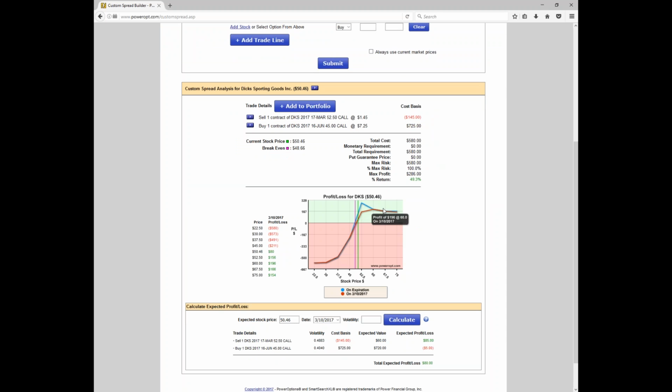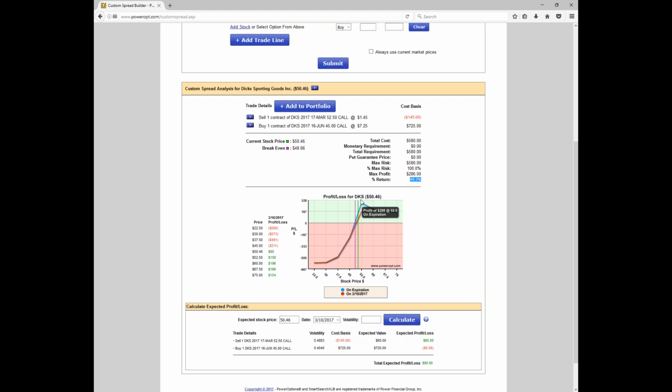So what is the advantage of doing the calendar as opposed to just a vertical? Well, the calendar would keep more time premium on the option, whereas if I reach expiration, if I bought the 45 March and sold the 52.5, I'd have a lower debit, absolutely. I might have a higher percent return, absolutely. But at the same time,